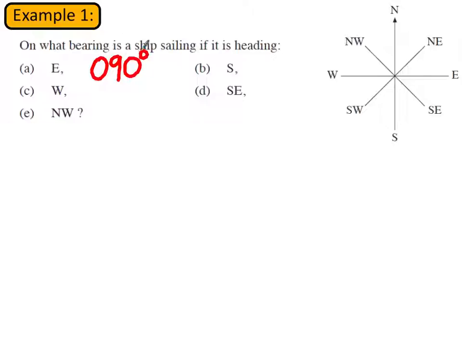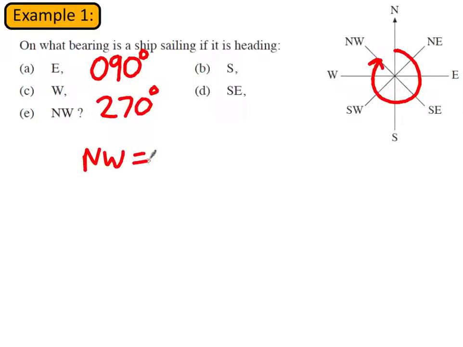West is going to be right round, a reflex angle. And if we think of the right angles, you can conclude that this is going to be 270 degrees round clockwise from north. So west is 270 degrees. Northwest, well, that's going to be right round there. Now, if northwest to west is 45 degrees, we're going to have to do an extra 45 degrees on top of that 270. So northwest is going to be